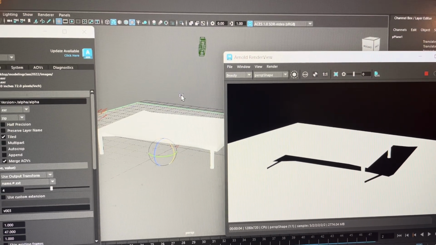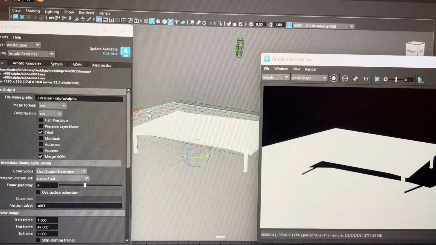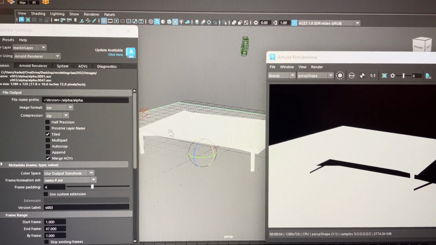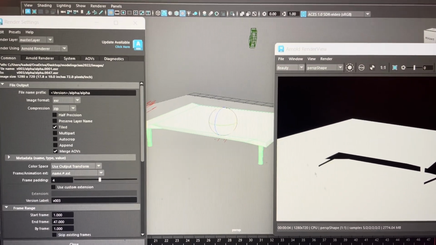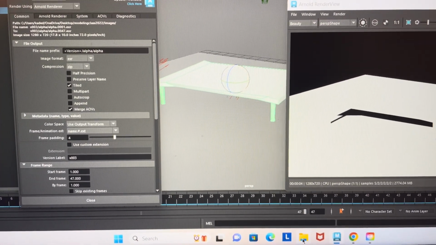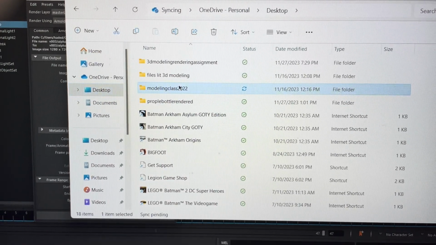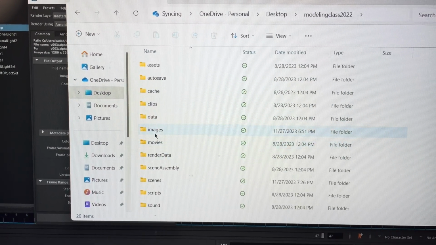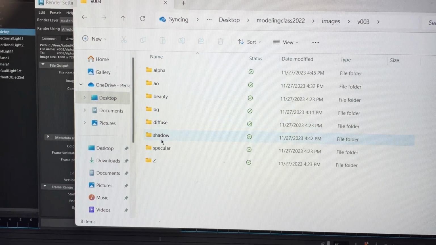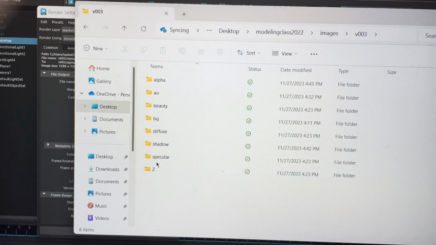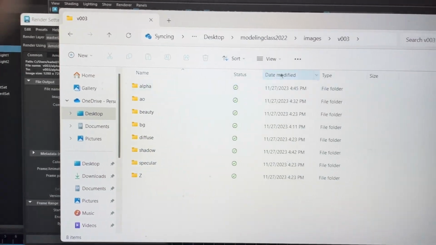it looked different now because I've done it all, but yeah, so I did that, and then I hid the background and made the table visible, so then I could, let me pull up the file, make it so that I could render the data for the beauty, diffuse, and specular, oh, and the Z categories, I guess. So I did that,